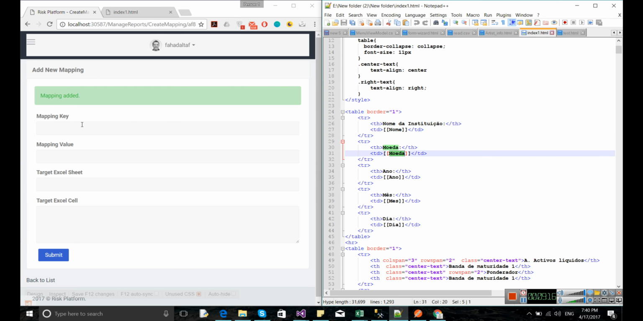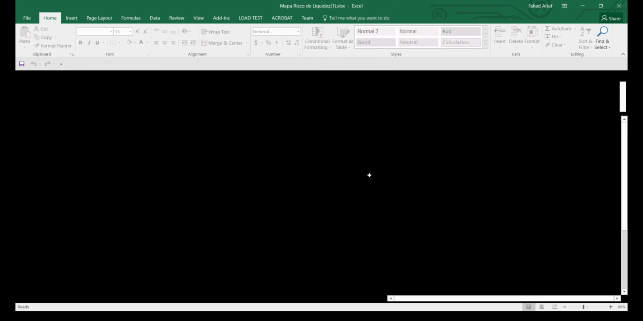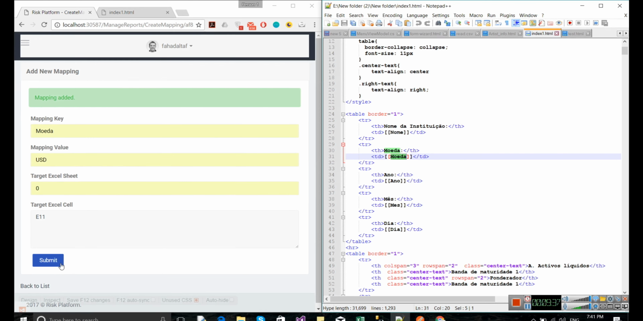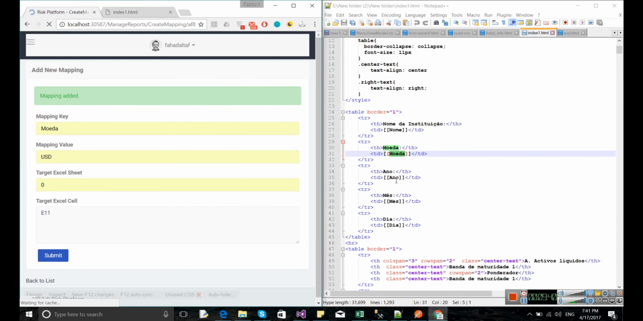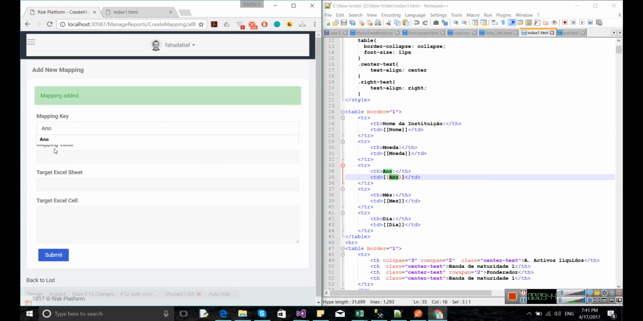Now let's copy Moneda. Let's say USD, target sheet 0 and E11. I think that was 10, and now it should be E11. No. At the moment I am just adding sample values, so don't worry, we will put the right values in the mapping cells. E12,